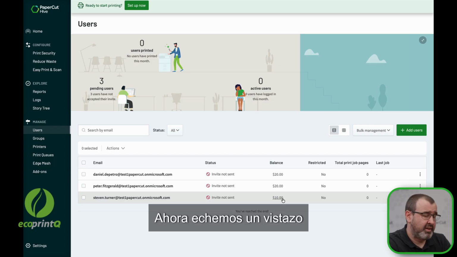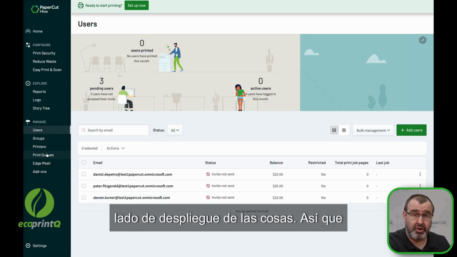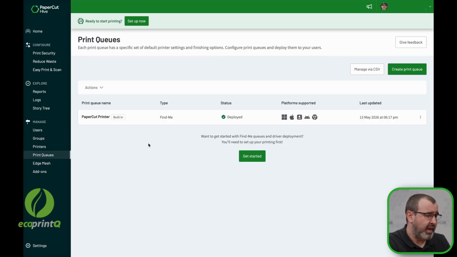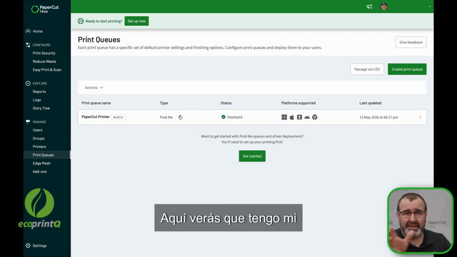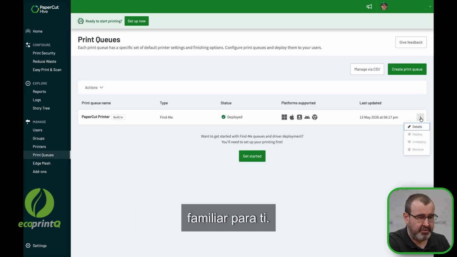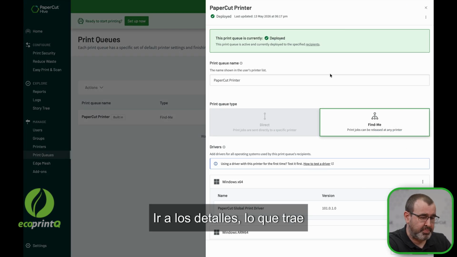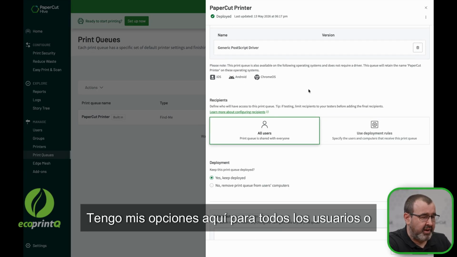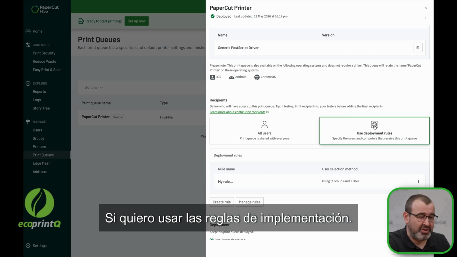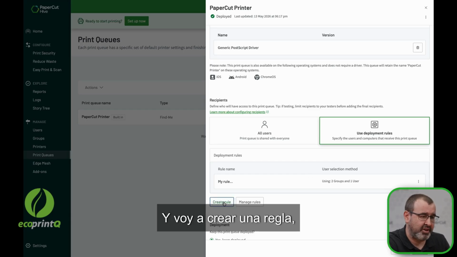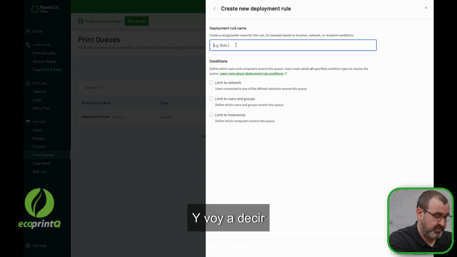Now let's take a look at going across to the print queue deployment side of things. So let's jump to print queues. And in here you'll see I've got my find me queue set here. And a lot of this is going to be very familiar for you. So we're going to go to the details, which brings up my find me queue. And I've got my options here for all users, or if I want to use deployment rules. So if I say I'm going to use deployment rules, and I'm going to create a rule, and I'm going to say limit by group